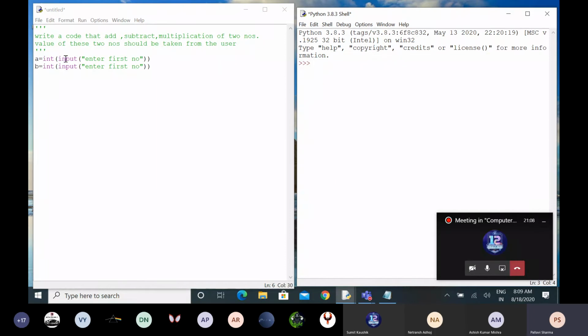So now here I have taken the value from the user. I am using the input function so that I can take the value from the user. One more thing, just write in the input function: this function by default converts the value into string form.